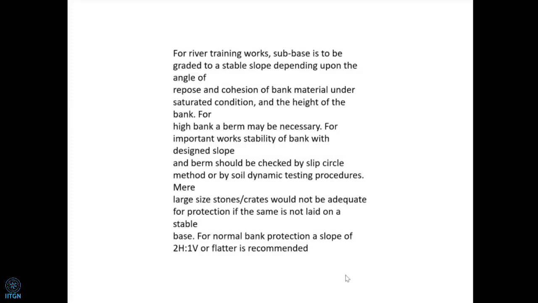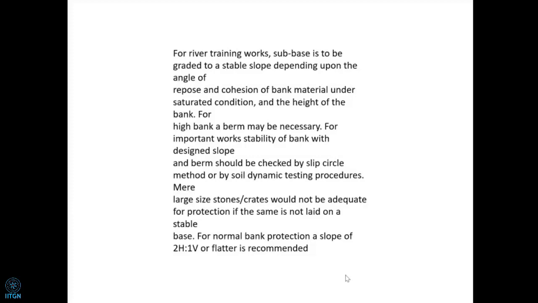We used horizontally woven textiles. We used woven textile in the slope in a wraparound fashion to create a stable slope, and over that we used the armor and filter. That I will show you later. So the slope has to be stable by itself. Generally, the thumb rule for normal bank protection is that a slope of 2 horizontal to 1 vertical is considered stable. But in some cases we may have a deep cut. You may not have a slope at all. This I have shown in the earlier sketches which I showed to start with.